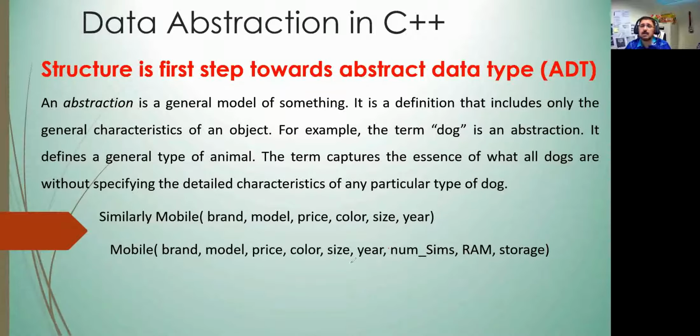So this one entity represents a real world object. So data abstraction is a process of representing some real world object in general properties. So selecting the general properties, putting them in one entity, and then representing the real world object. And previously we were representing this real world object using the structure concept.